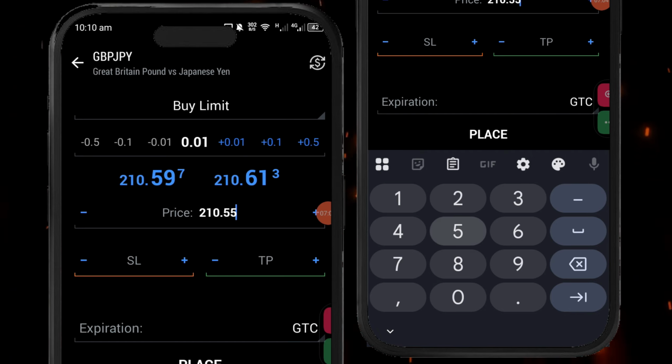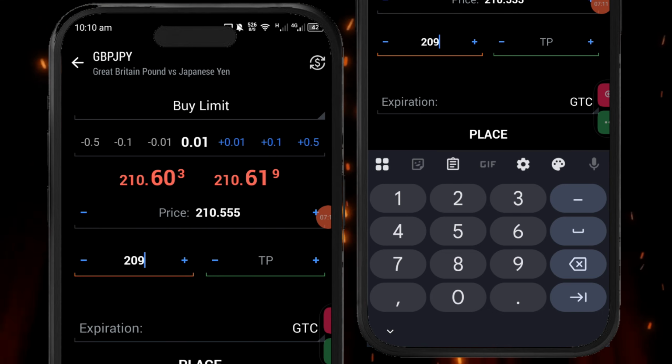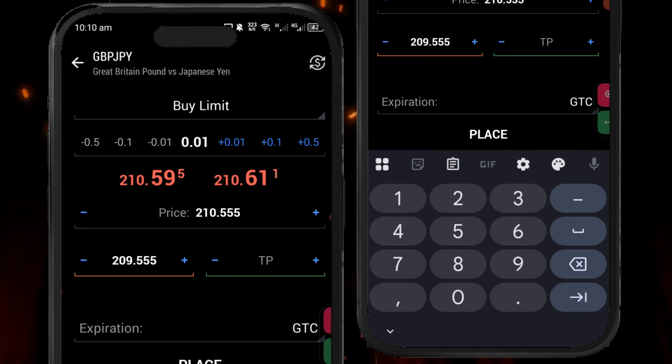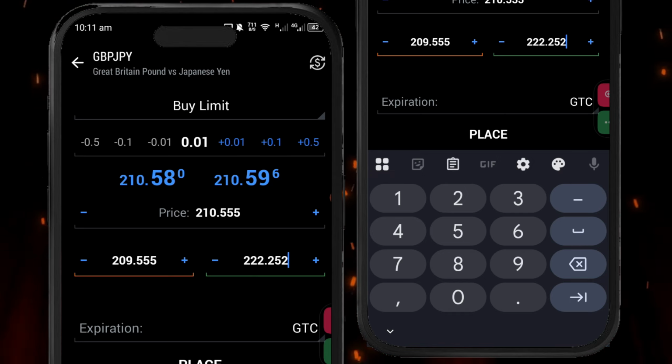Okay, then this is where you put your stop loss. Let's say your stop loss is 209.555, and then this is where you put your TP, which is your take profit. Let's say our take profit is 222.252. Okay, so the moment you finish inputting all of your coordinates like this, all you have to do is